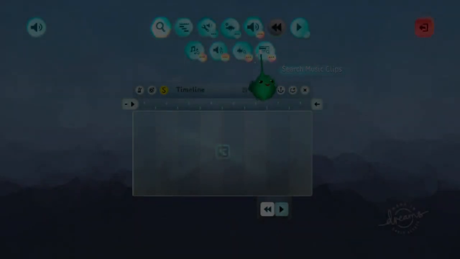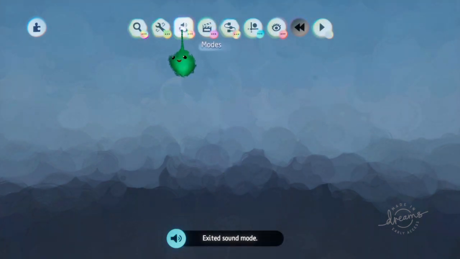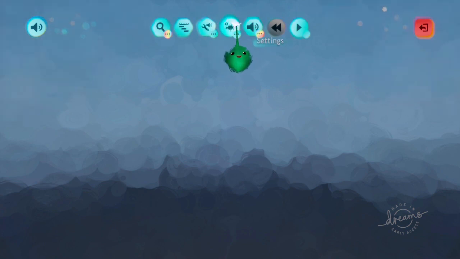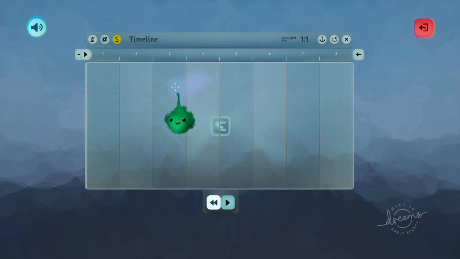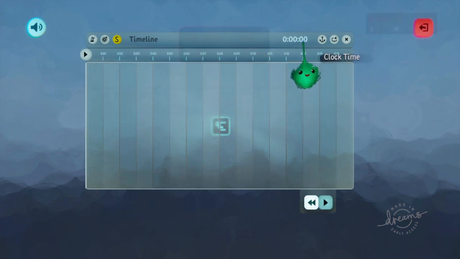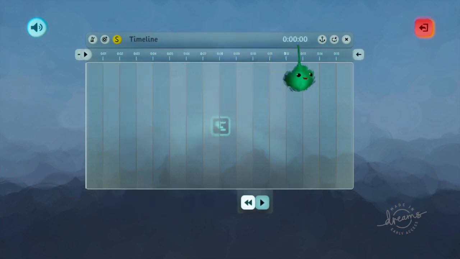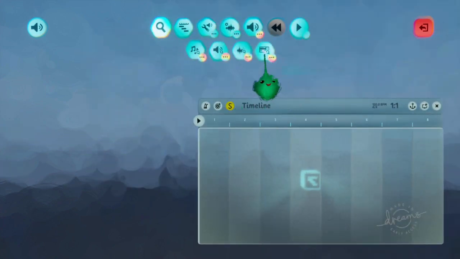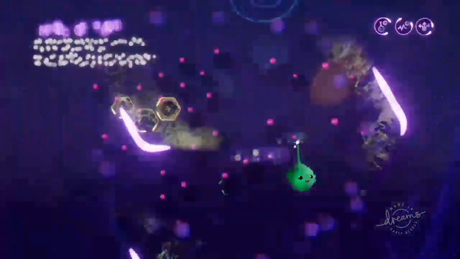So the easiest way of making music, first go to sound mode because it just is set up for sound, and if we add a timeline, it'll have these notches, these marks for the beats, and if you click on that with X, then it goes into real time, seconds and stuff, but you want beats. So the easiest way of making music is to either just grab a music track